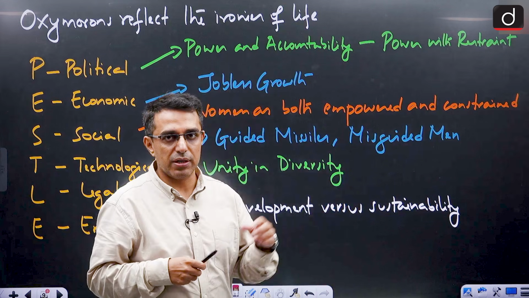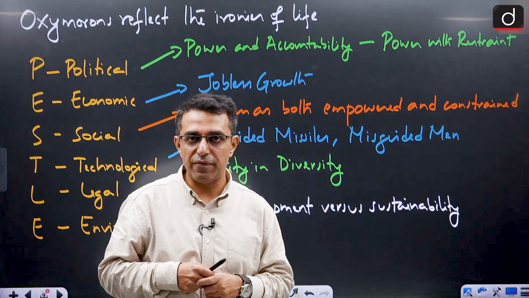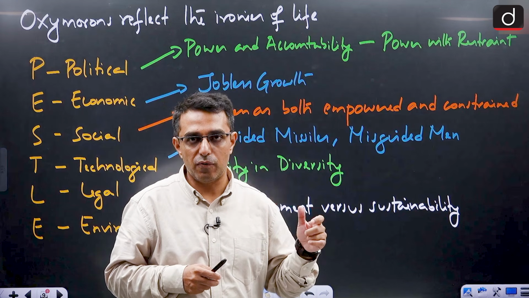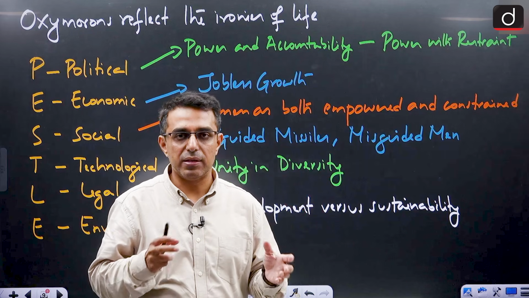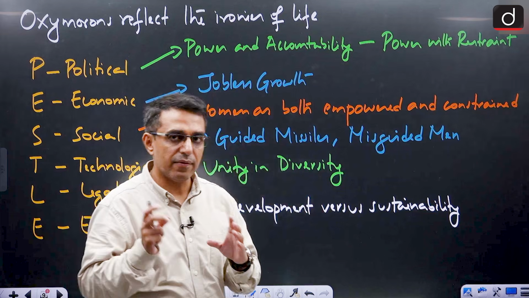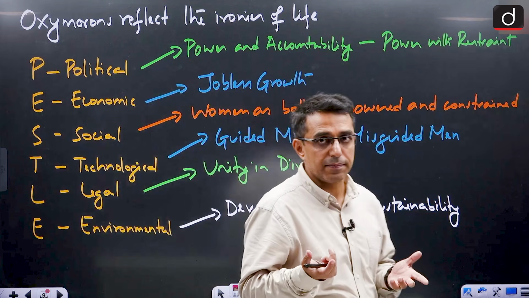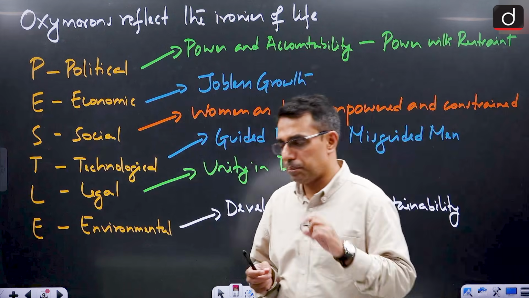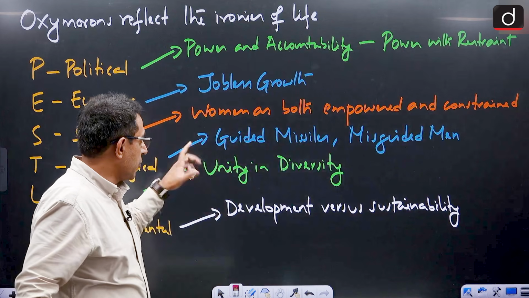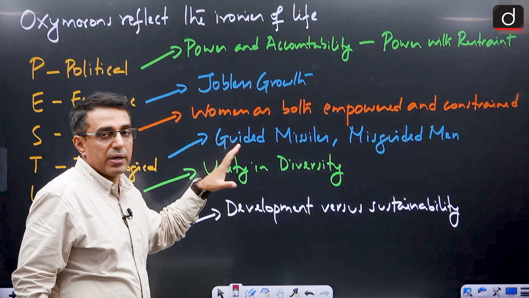We can give the example where women are holding leadership positions in various fields of life, but at the same time they are still loaded with the double burden of home and office, right? The child care responsibilities are mostly with the women. And they are also facing things like the glass ceiling in various offices. So these are examples through which we can prove this point, that women are both empowered as well as constrained.